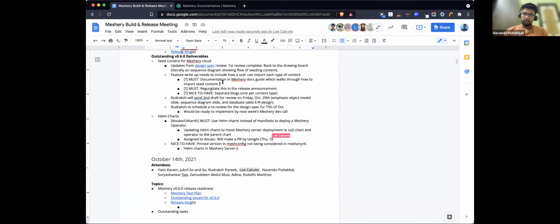If anyone can pick up documenting using the seed content in Meshery provider, or importing seed content in Meshery provider, we can do that now and try to get it done in a couple of days.